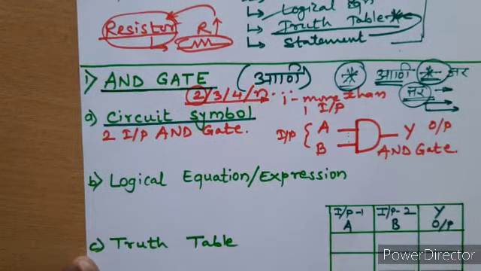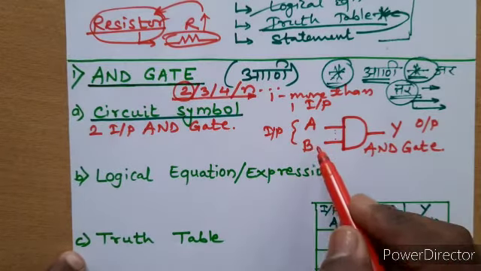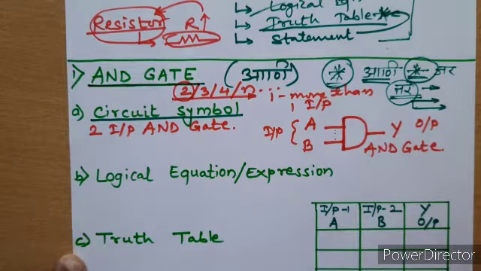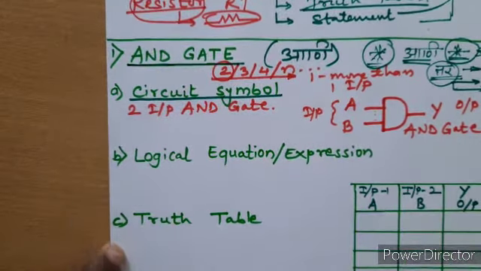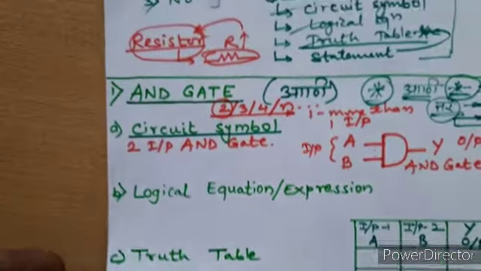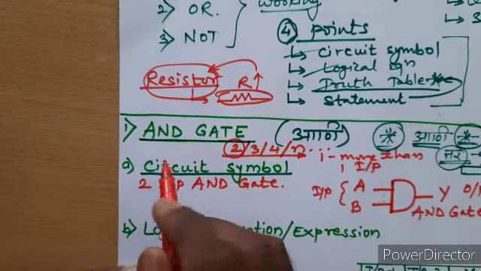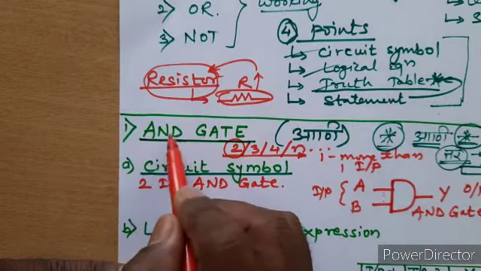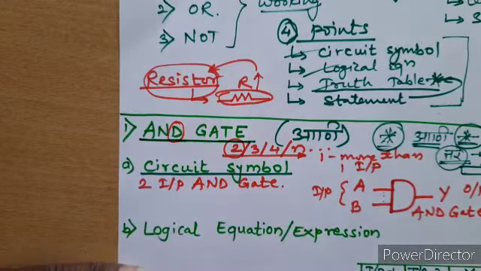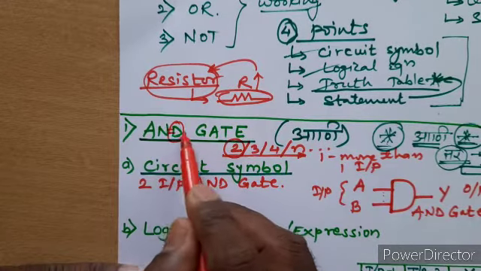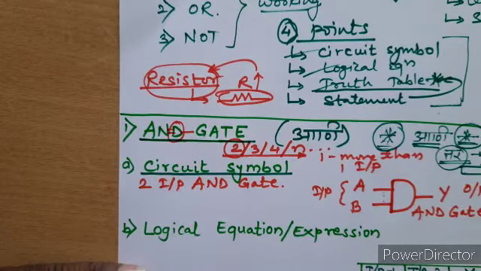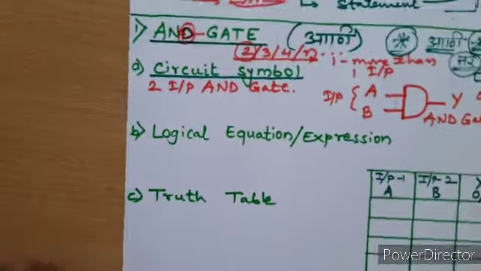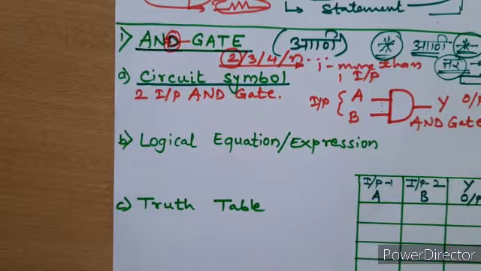So is it fitting in our definition? A gate has one or more than one inputs and only one output. Right, so this is the circuit symbol of AND gate. Now if you want to remember this AND gate symbol, it looks like D. The last alphabet of AND gate is D. So this becomes the symbol of AND gate, right? So this D, just for understanding purpose.